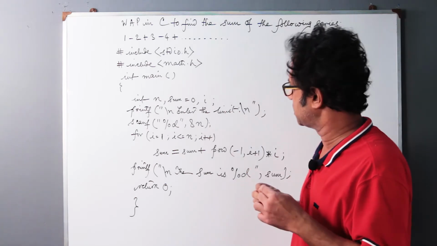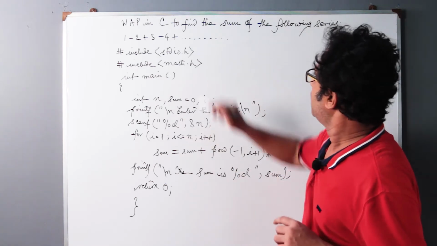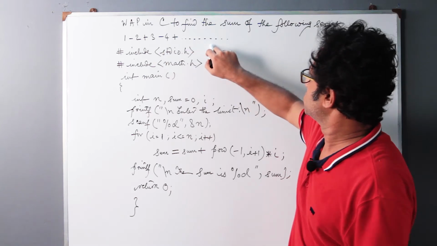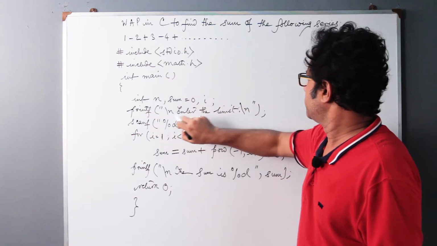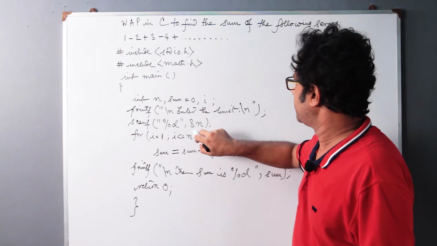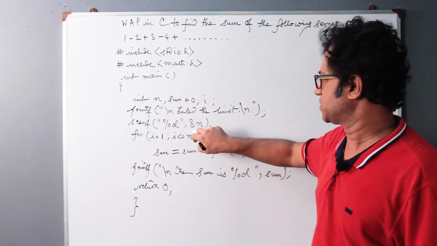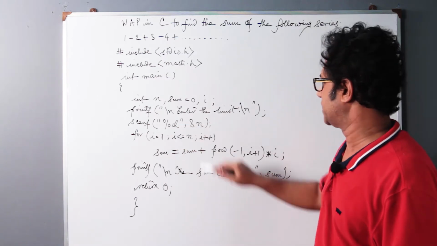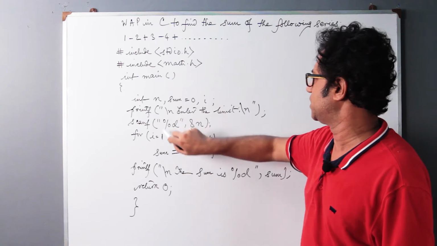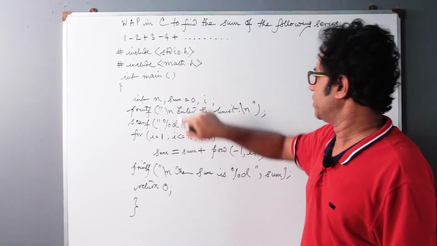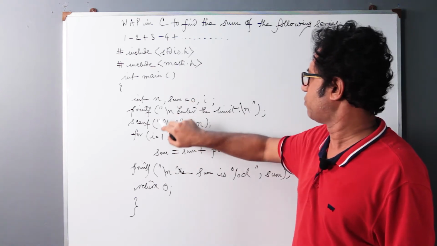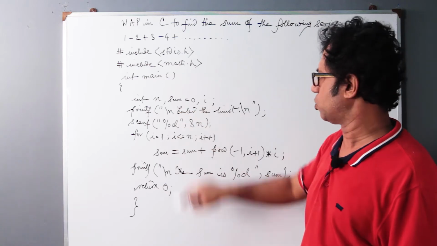Now we just give a prompt, enter the limit up to how much the series is to be calculated, and the limit is input by the user as scanf("%d", &n), as %d is for integer variables, because the format specifier for integer variables is %d, as you all know.